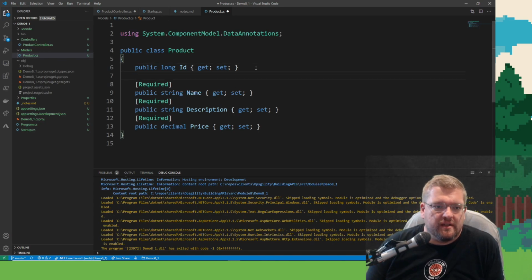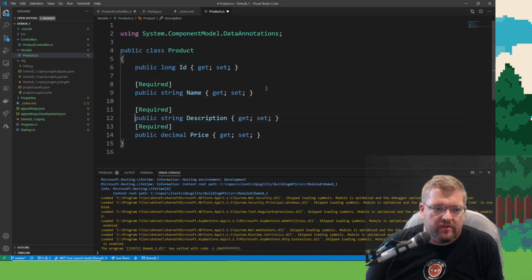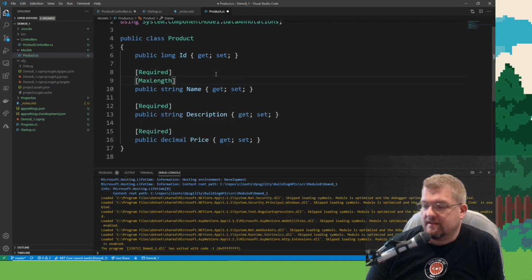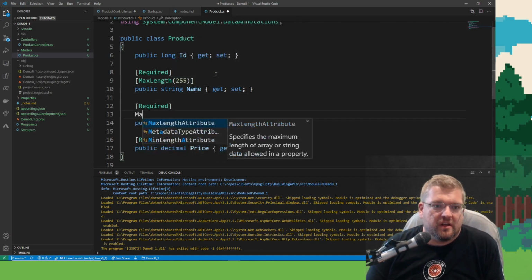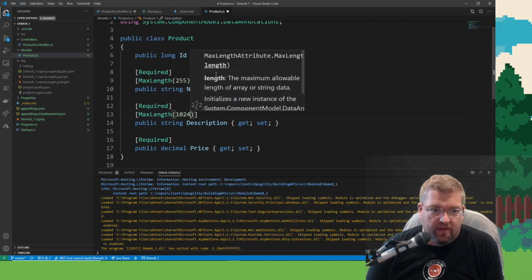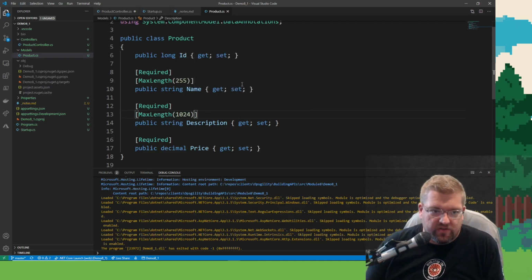So ID is required, name is required, description is required. So I can set name to a max length of maybe 255 characters. Description a max length of 1,024 characters.